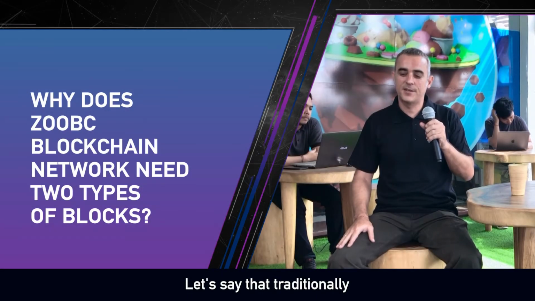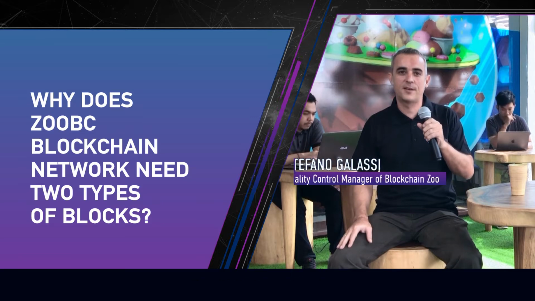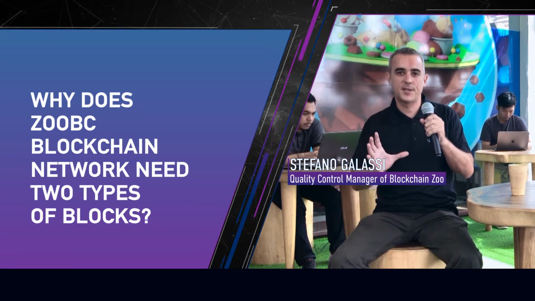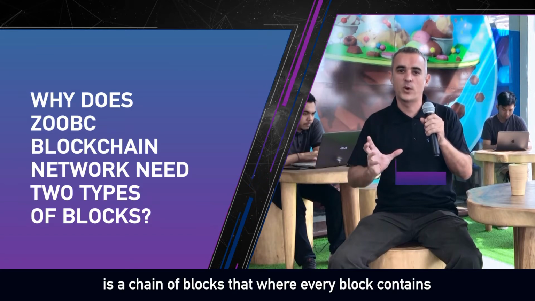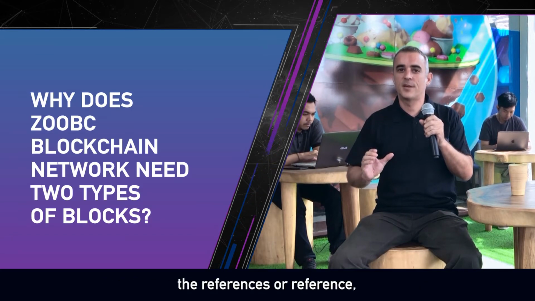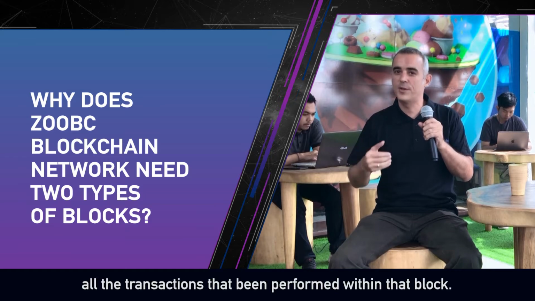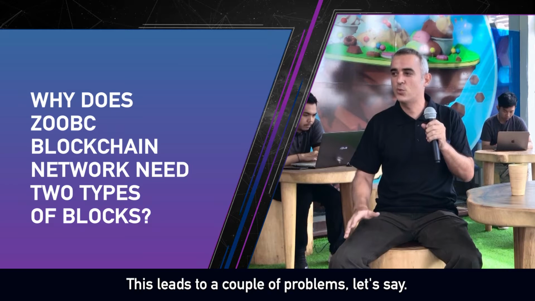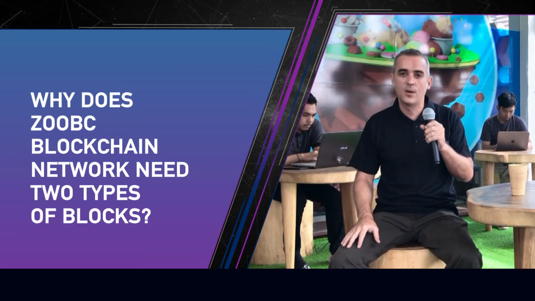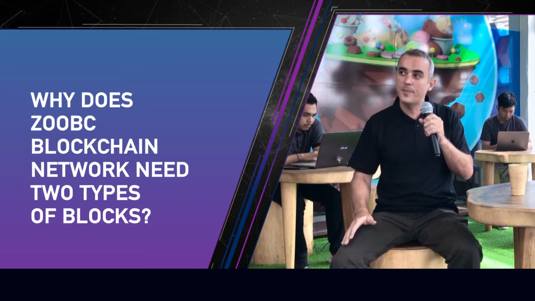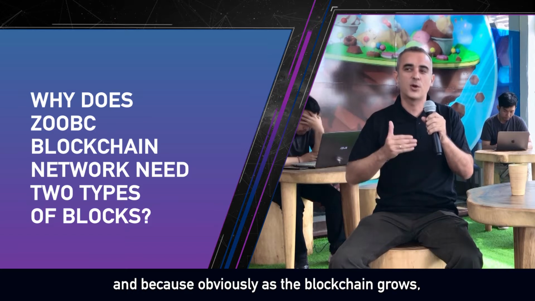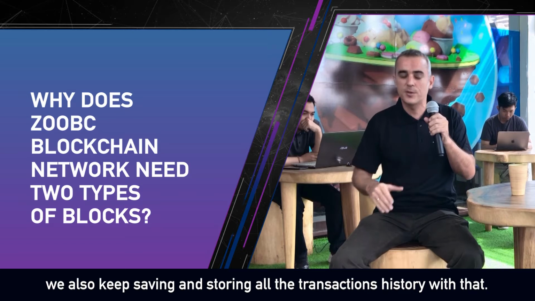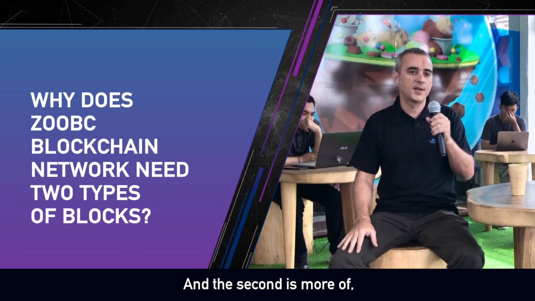Let's say that traditionally a blockchain is a chain of blocks where every block contains the references to all the transactions that are performed within that block. This leads to a couple of problems. One is a scalability problem, because as the blockchain grows, we also keep saving and storing all the transaction history with that. And the second is more of